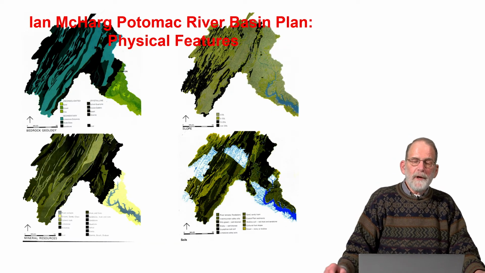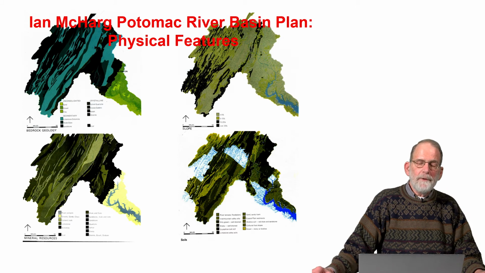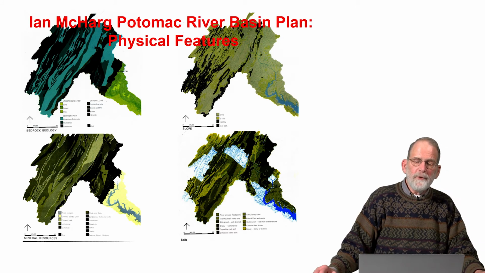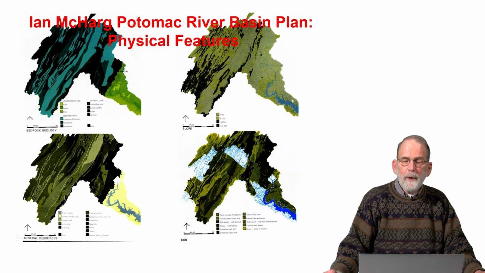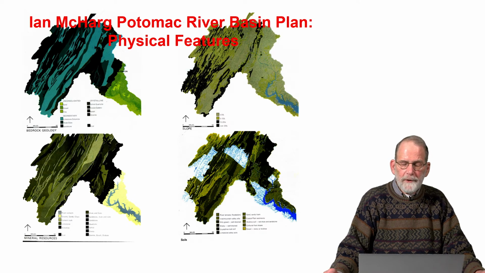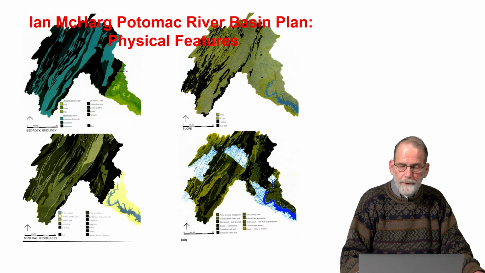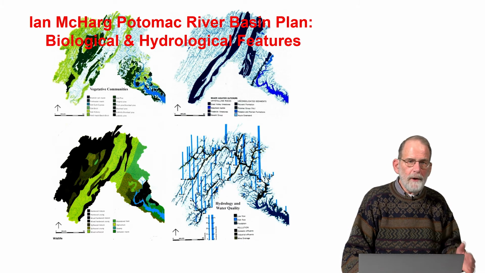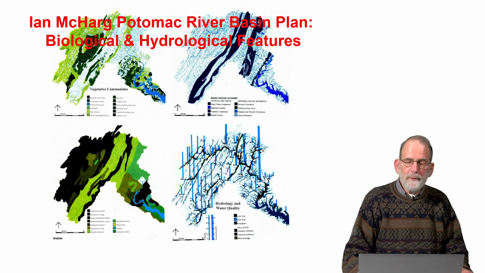He expanded this concept to work with the entirety of the Potomac River Basin, flowing all the way from the Chesapeake Bay on the east up into Pennsylvania on the north and over into West Virginia on the west. Here he's mapping bedrock geology, slopes, soils, mineral resources, vegetative communities, wildlife, hydrology, and water quality. In other words, mapping various environmental systems